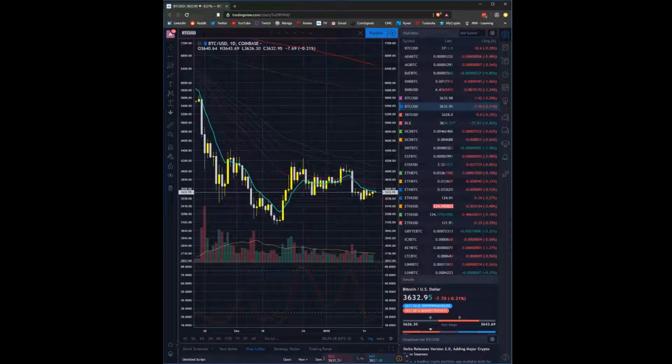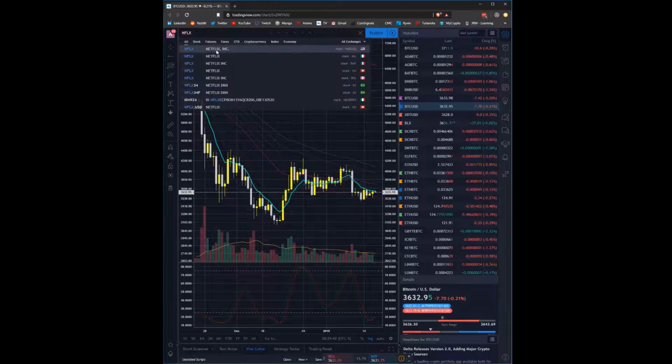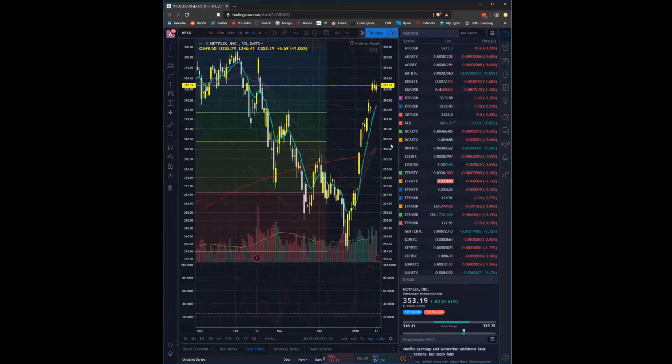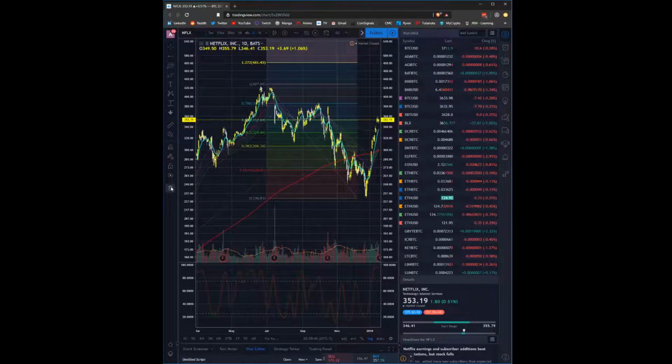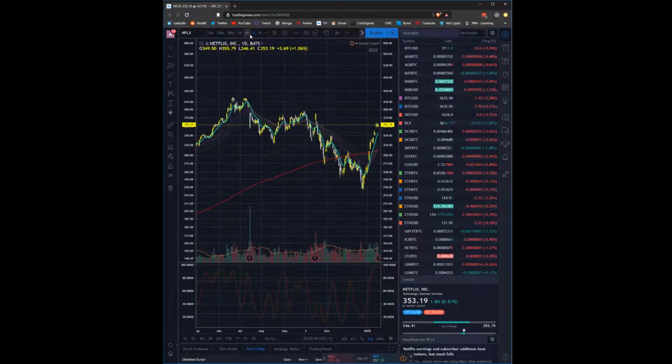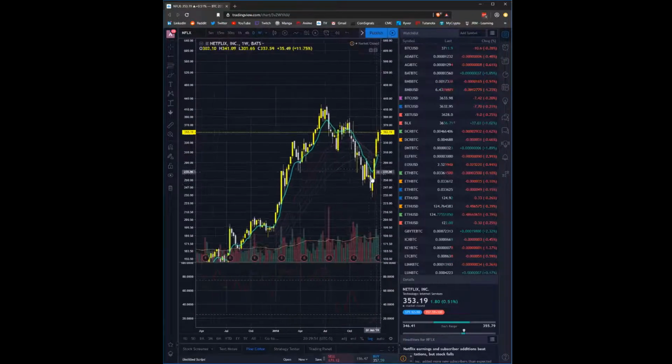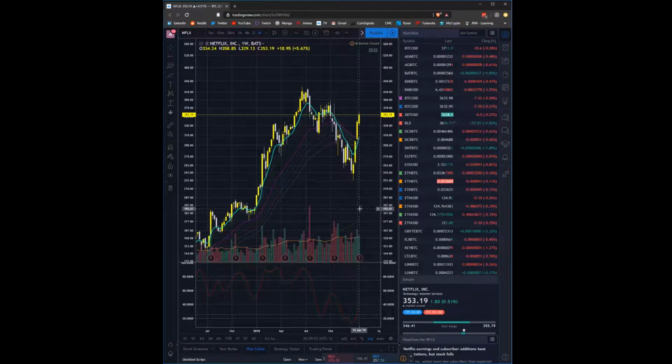Got another good example. We'll look at Netflix, right? Step out of crypto for a second. Okay, currently, Netflix looks to be entering into a longer-term bear market. Okay, we've closed below the bands. The seller volume was pretty massive into that point, and the buy volume has been kind of weak.